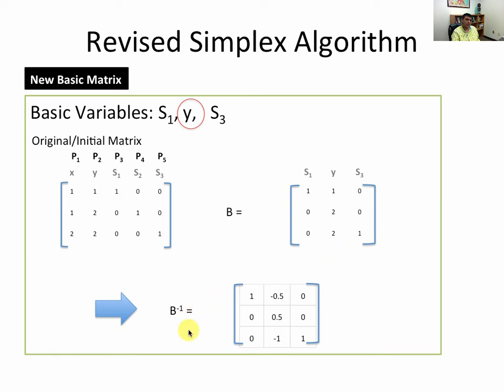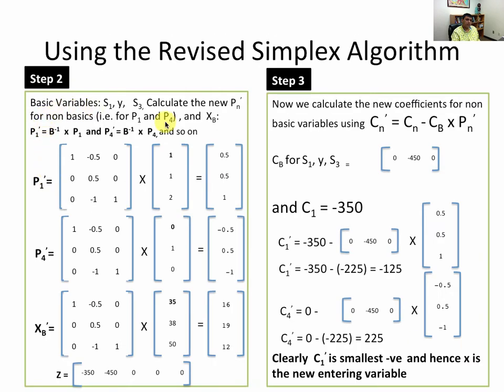And then we calculate the value of B inverse, which should be what you see on the screen: 1 0 0, minus 0 0.5, 0 0.5 minus 1, 0 0 1. Next, we have to calculate the new P prime for the non-basic variables P1 and P4, and XB. So P1 prime is equal to B inverse multiplied by P1, P4 prime is B inverse multiplied by P4, and XB prime will be B inverse multiplied by